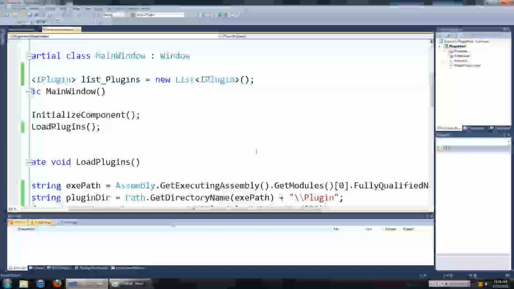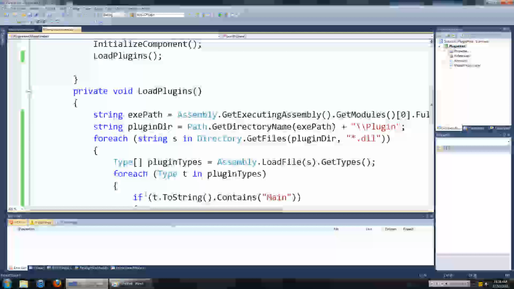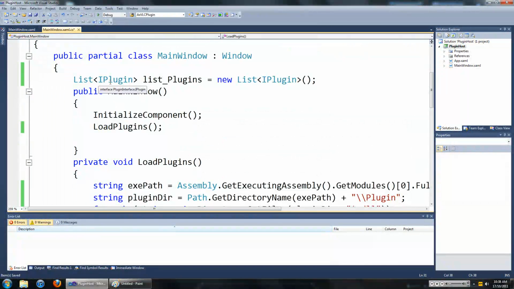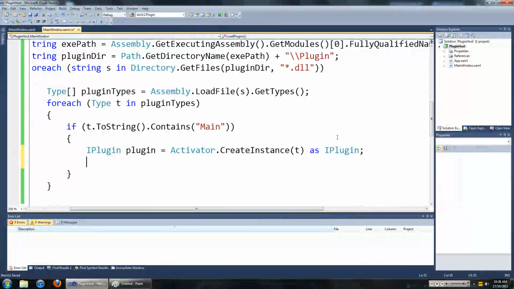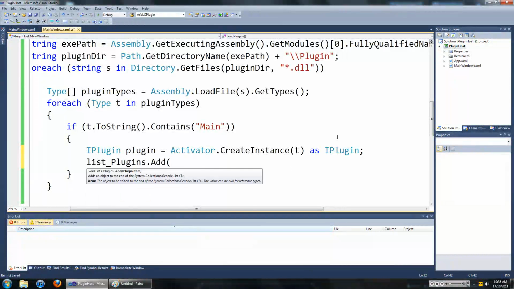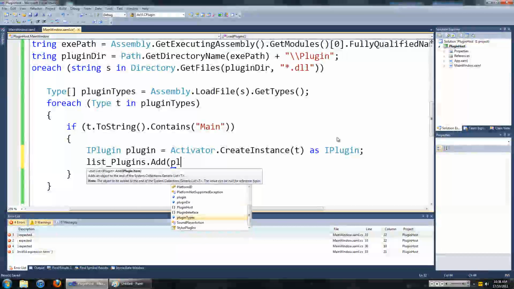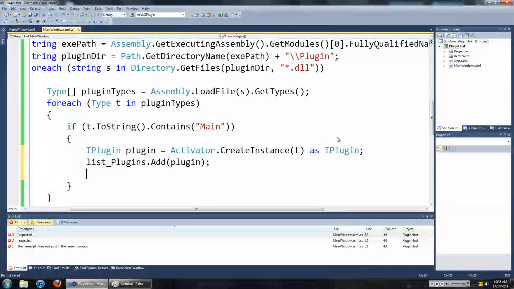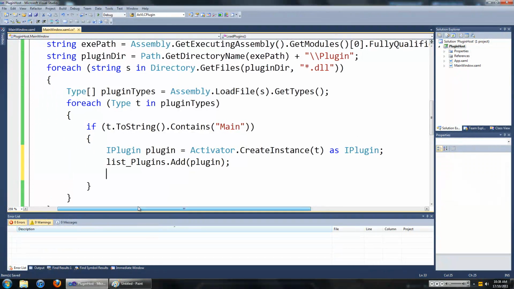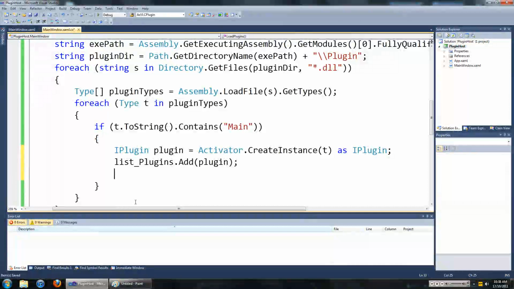If the code runs up to here successfully, then we have loaded the plugin into our program. Now we're going to put the plugin in this list. So we're going to go listPlugins.Add on addPlugin. This is the first test: right now we're going to try to add the name of the plugin into the list box, and this is obviously going to be one of the first tests to see if your plugin works.